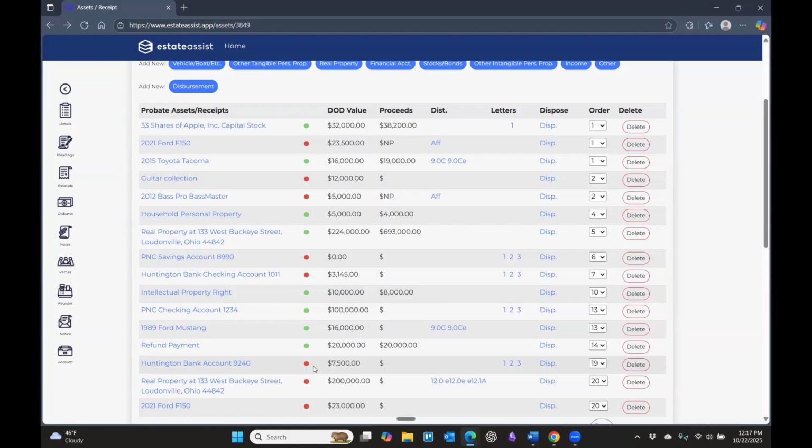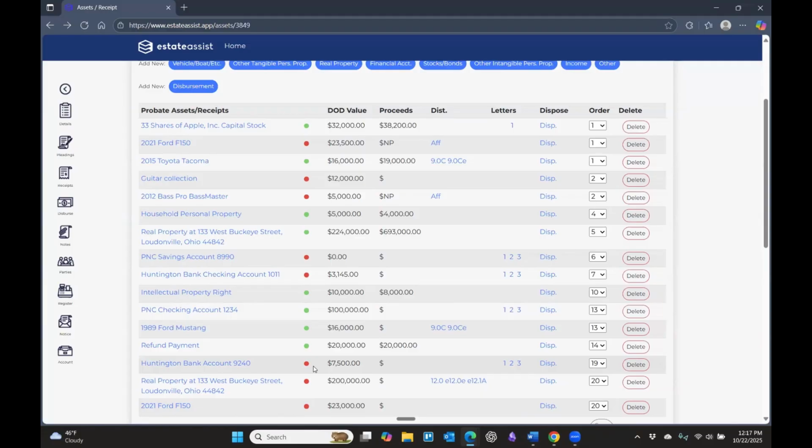I am a little embarrassed to admit it, but hopefully other people have experienced it too, that over the years, once or twice, I thought we were ready to close an estate and then realized there was some asset that we had forgotten about, or it was just sitting in a file waiting to be dealt with. And so we wanted a way to easily track and see what needs resolved